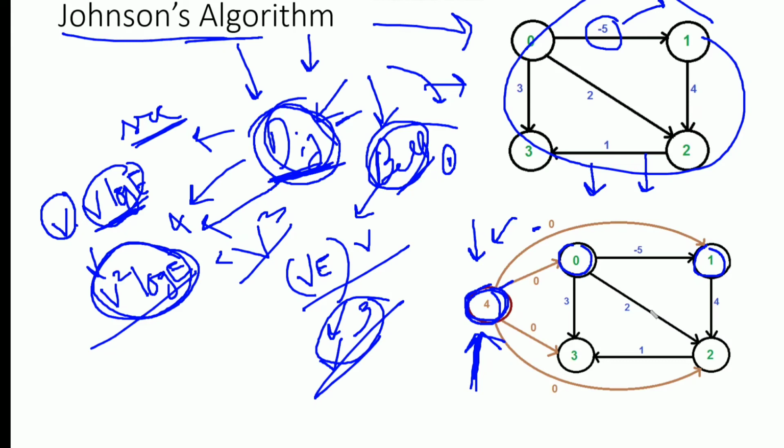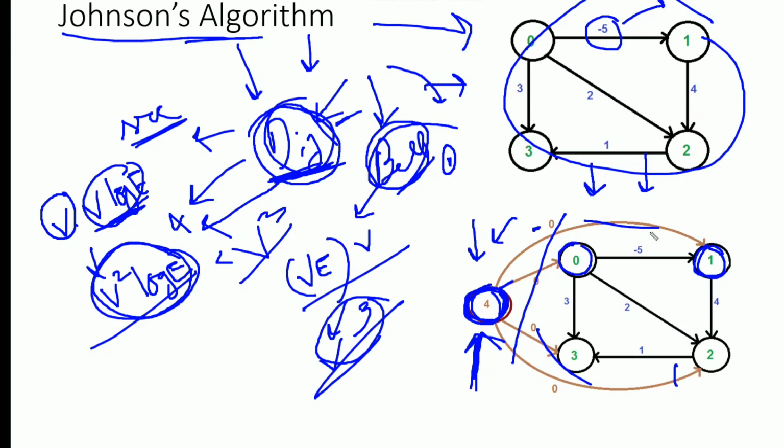I've already explained about Bellman-Ford algorithm, how it helps to find single source shortest path. So from this extra vertex, we'll get the distance value for all other vertices that are connected. Each vertex will have its distance value. After finding the distance value of all the vertices from this source vertex, we will remove this extra vertex. We are going to remove these connections and again reconstruct our graph.